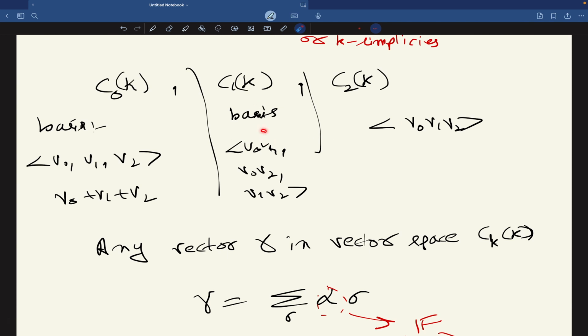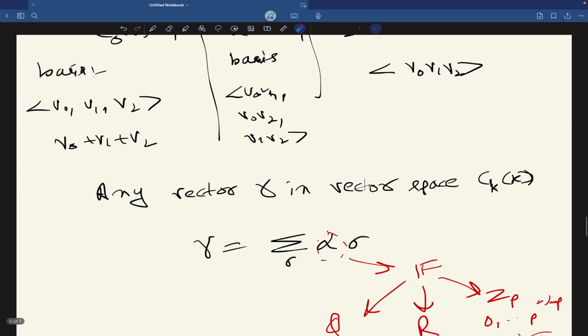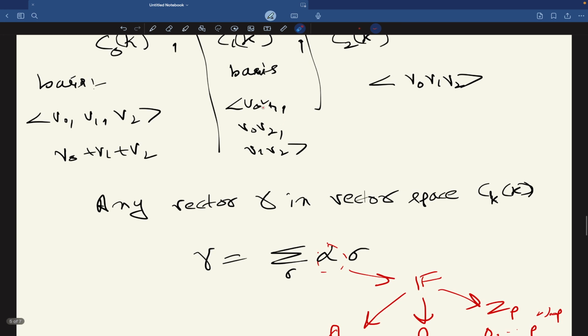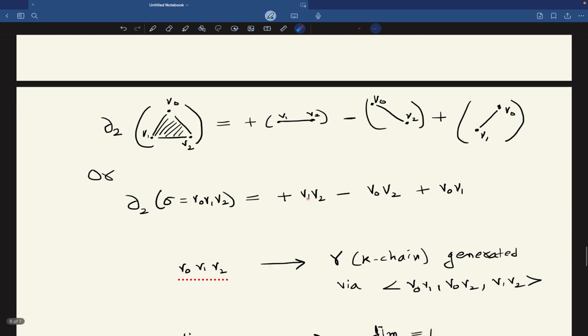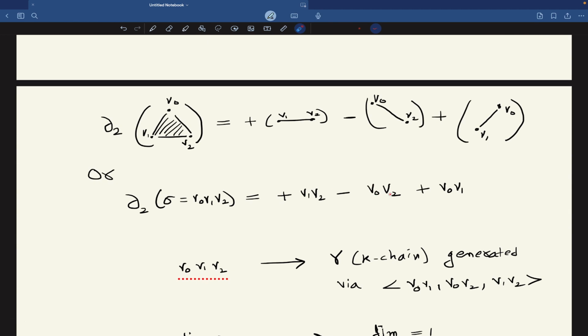In C1 our bases were v0 v1, v0 v2, v1 v2. If we take any linear combination of it, we have given a coefficient of v1 v2 plus 1, coefficient of v0 v2 minus 1, and coefficient of v0 v1 plus 1. So it is one possible linear combination, and we got this one-dimensional algebraic group,